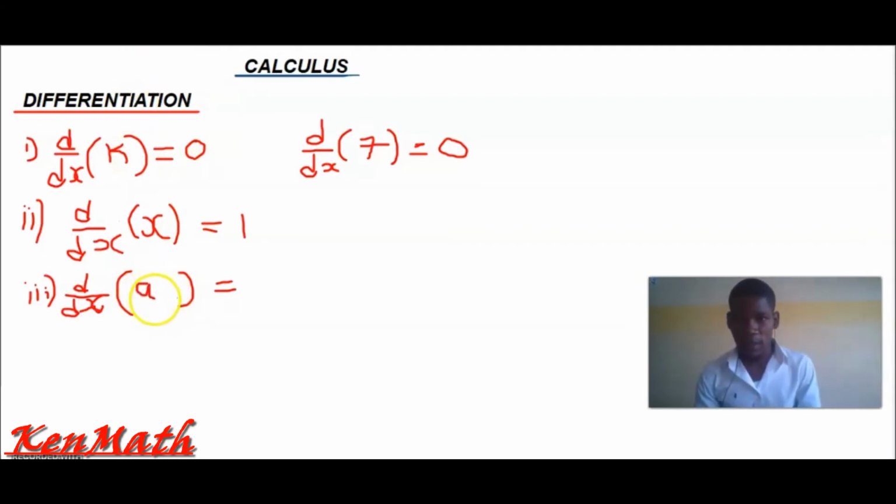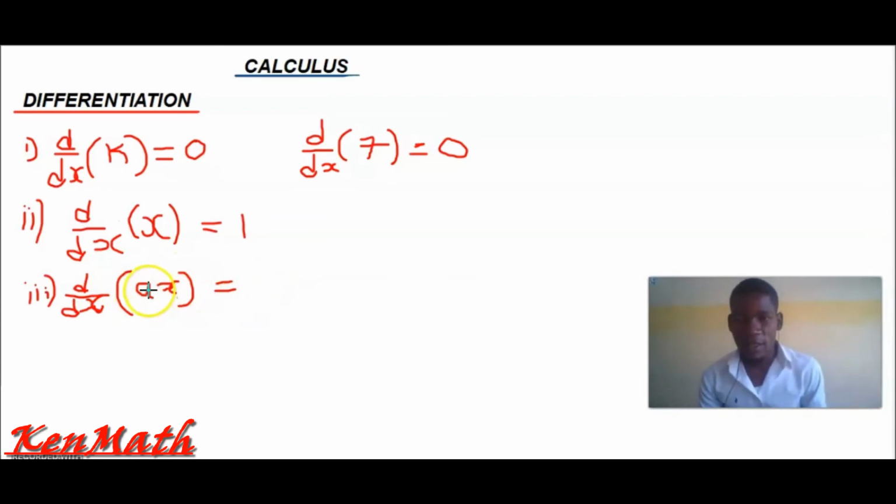So let me say ax. When you're finding the dy over dx, or d over dx, of a number a times x to the power 1,